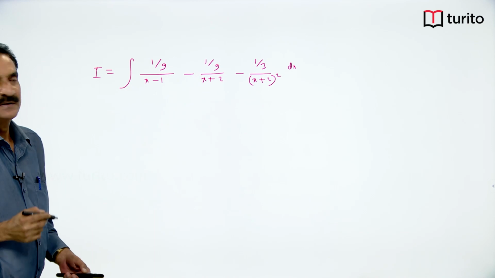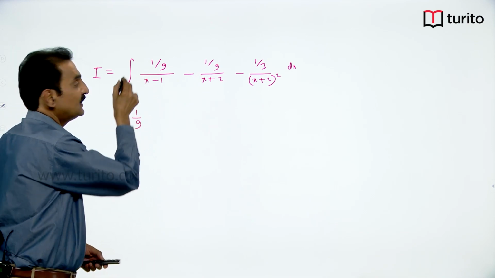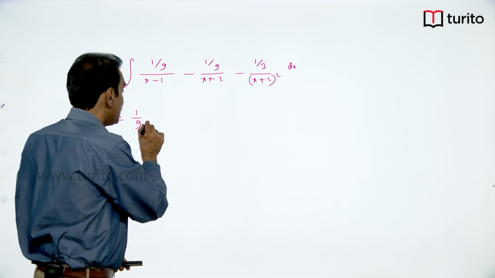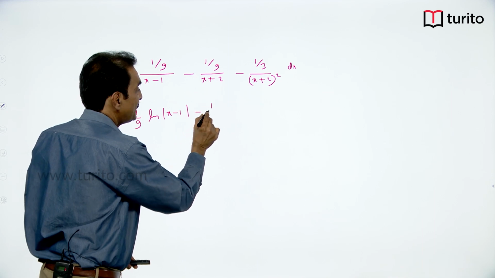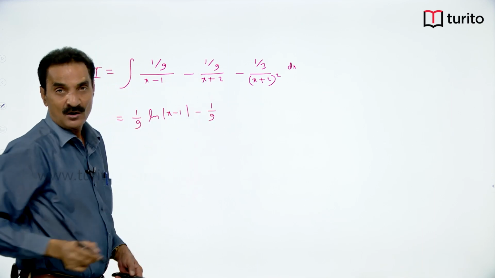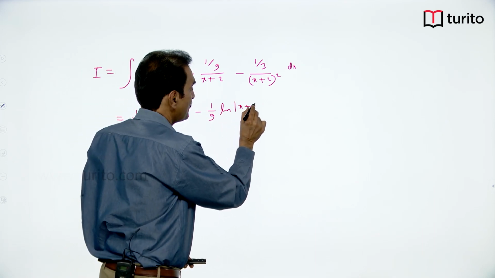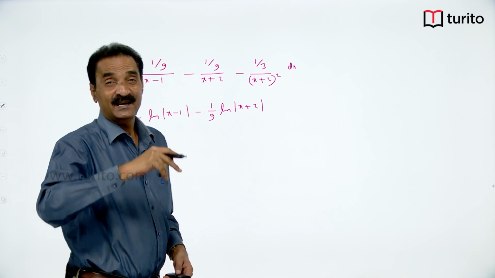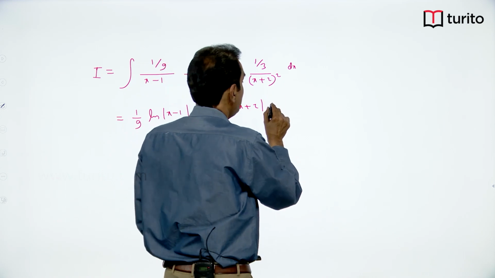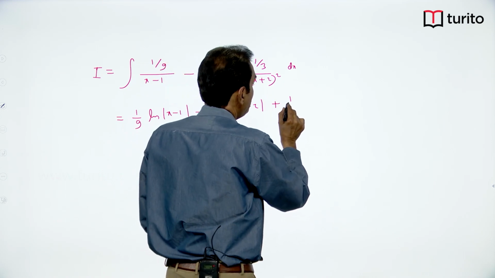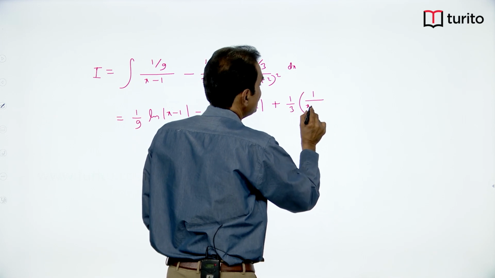Now, you integrate. What is the integral of the first term? 1 by 9 into the integral of 1 by x minus 1 is log mod x minus 1, minus 1 by 9 into log mod x plus 2. What is the integral of 1 by x square minus 1 by x? The integral of this will be plus 1 by 3 into 1 by x plus 2